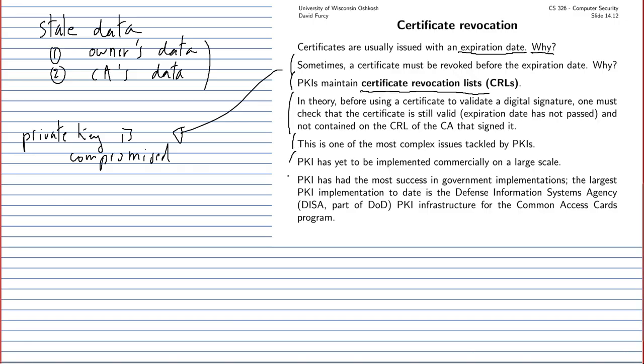So there are such PKIs in some smaller subsets. For example, in a particular agency of the Department of Defense, they claim to have a PKI or an infrastructure to deal with these trust issues. But in general, I want to leave you with the realization that this public key distribution problem is not only a big problem for public key cryptography, but it's really an unsolved problem.